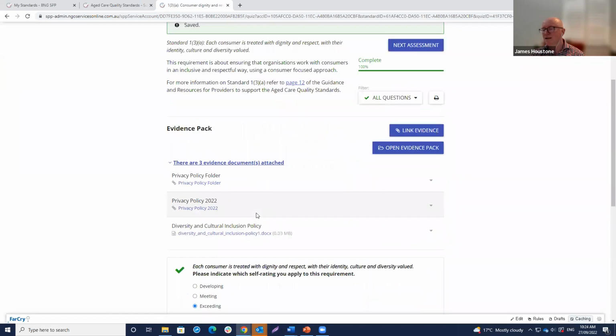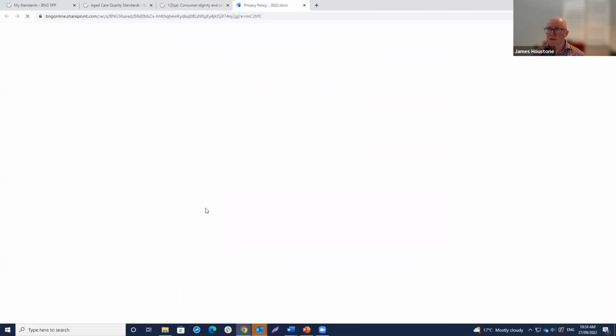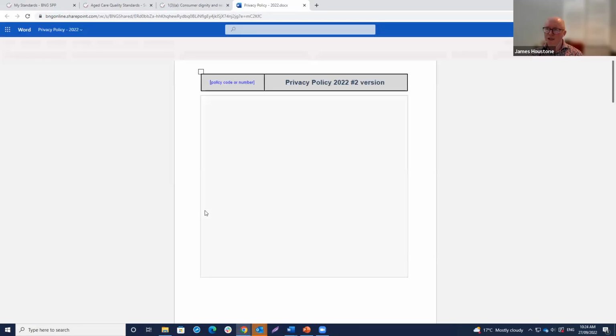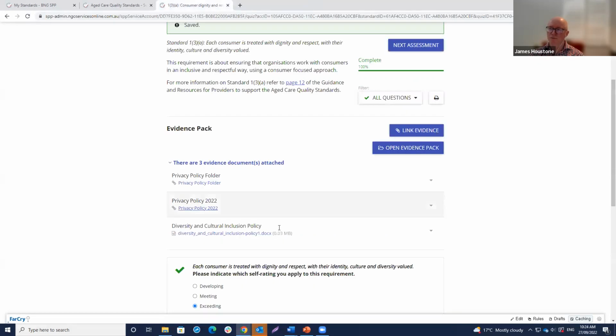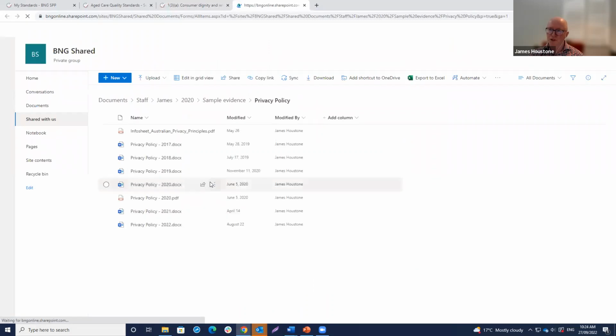You'll then also see that I've already, in this demo account, added in some sample evidence documents. And the thing I just want to point out here for everyone's benefit is, over and above linking in maybe our diversity policy, which might be in PDF format or Word doc, we can also add in a hyperlink that might take us to our documentation management system. So we use SharePoint, so that goes straight to that privacy policy. Or we could put in a hyperlink that goes to a folder of documents in SharePoint too.